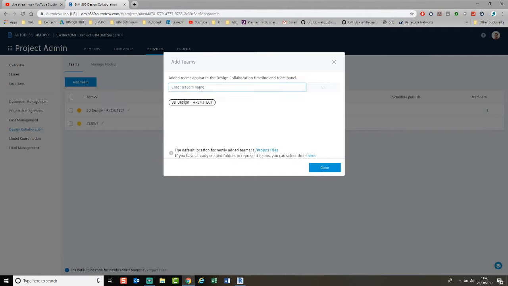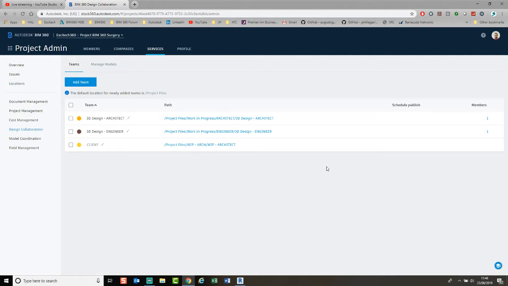And I'm going to add an engineer team. So again, project files, work in progress, engineer. So I'm just mapping to them folders where the content is sitting. And we click close. And you can color these in. So I'm going to go, let's say red for the architect,